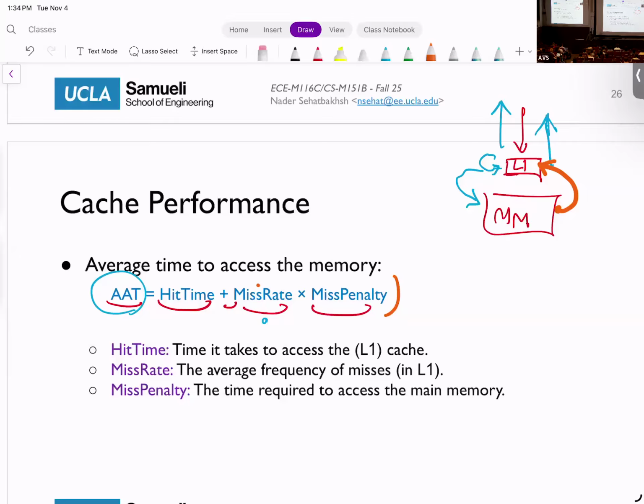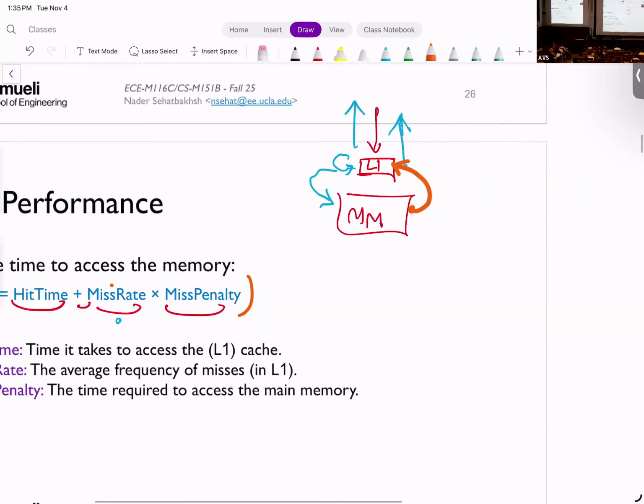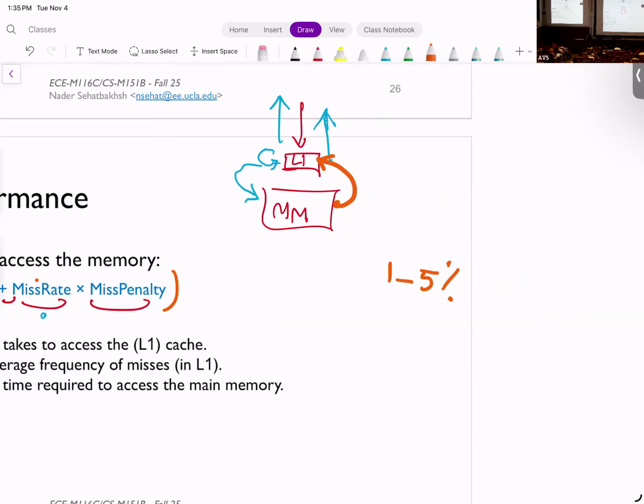So for example, in most modern systems, miss rate is on the order of 1 to 5%. Miss penalty, if I only have one level of cache, is usually on the order of thousands of cycles. And hit time is usually 1 cycle. So you have numbers like this, right? If you have, let's say, a 1% miss rate,